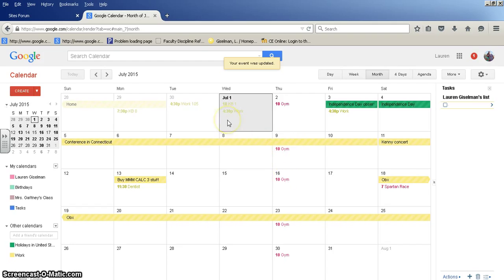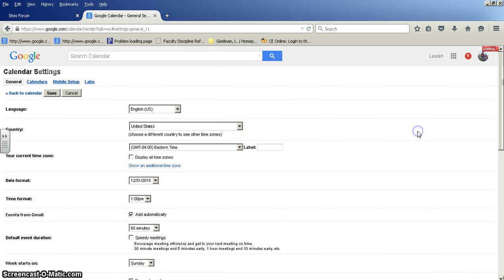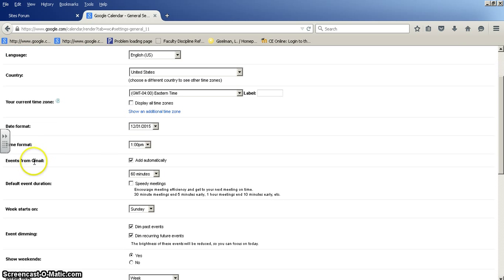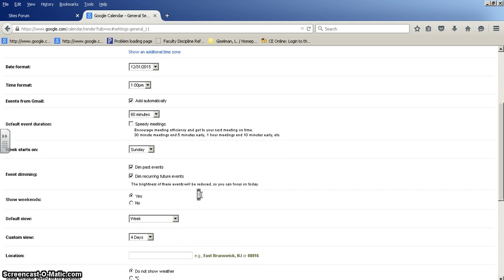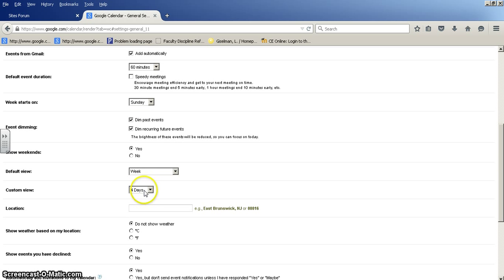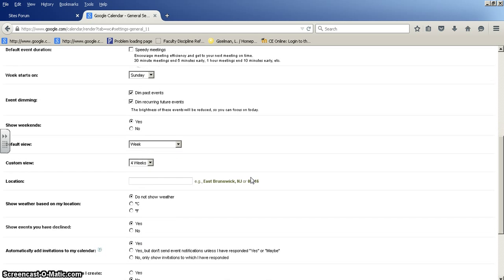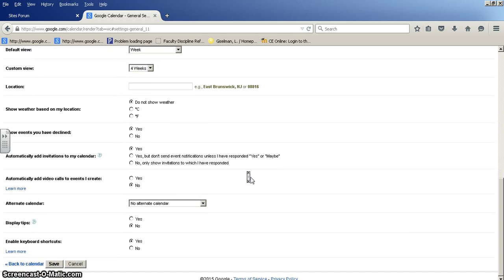Okay, some other things that are cool, if we go over here to the little gear and into settings, there are different settings that you can have. So this talks about syncing, okay? So you can get it to sync events from Gmail or add them automatically. Okay, if you scroll down here, there's all different views. Like mine automatically came up as the 4-day view. So let me set it as actually I have 4 weeks. Okay, and you can save all of these different things that you want to edit throughout. So if I hit save down here,